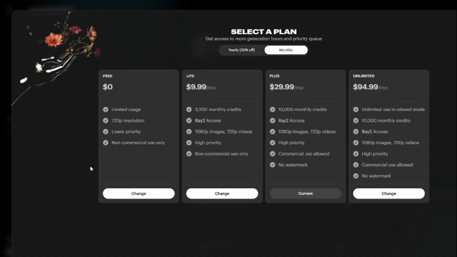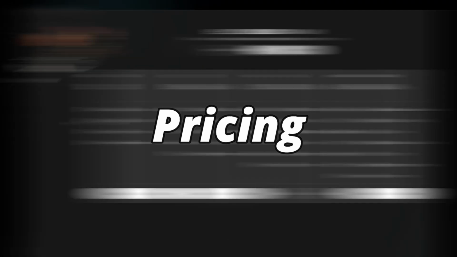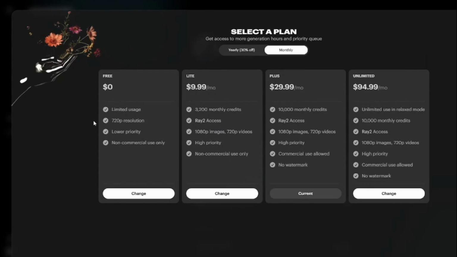Looks really, really good. All right, so lastly, let's talk about the pricing and plans of Dream Machine by Luma Labs. Firstly, you can obviously go ahead and try it out for absolutely free. It will be limited use, 720p resolution. Then you can try their light plan, which will be only $9.99 per month, in which you'll be able to